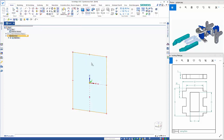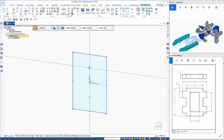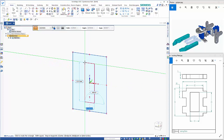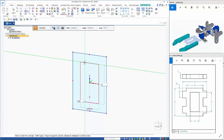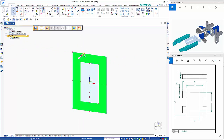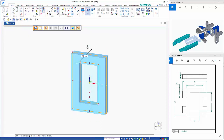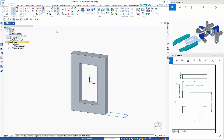hit the escape key, click within the region, and actually I will place the inner rectangle as well, which is 23 by 12, so 12 width. So now as I select this area here, and we have a thickness of 5 on this, enter that,